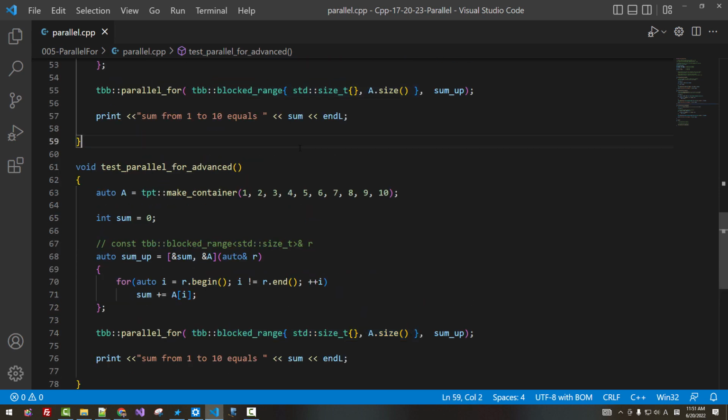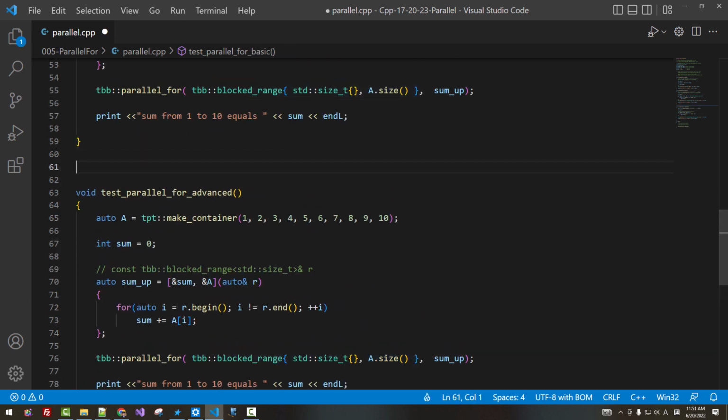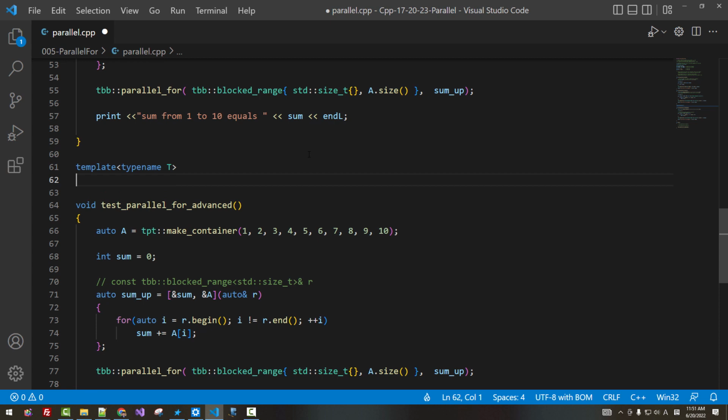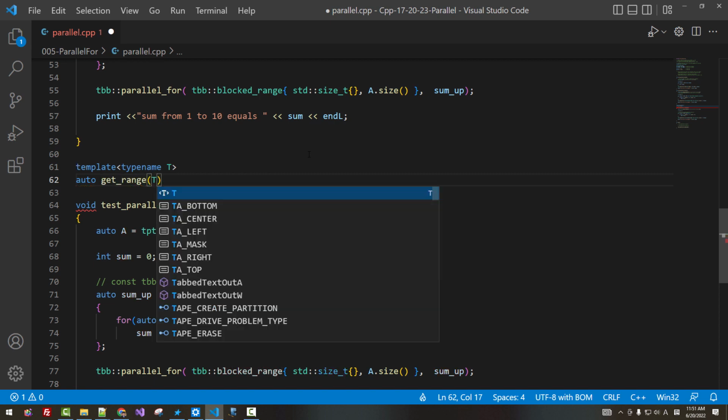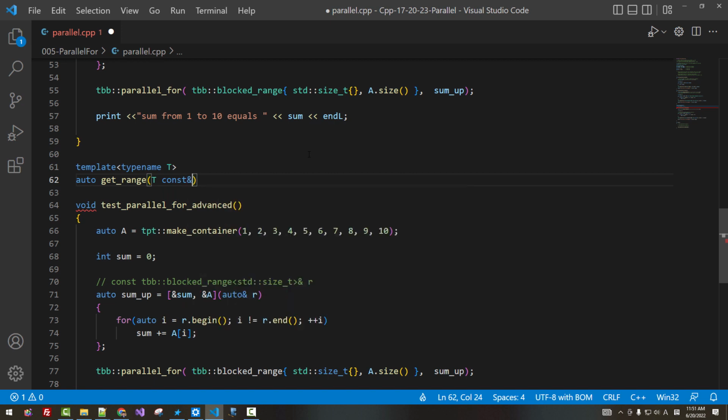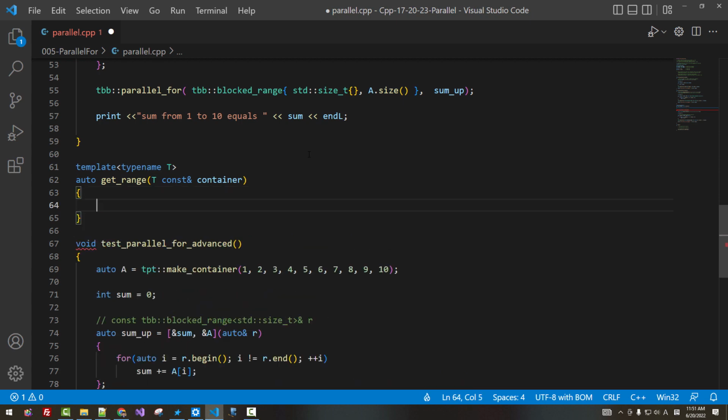So, I create a function like this. template typename T, auto get_range, T const lvalue reference container, return tbb::